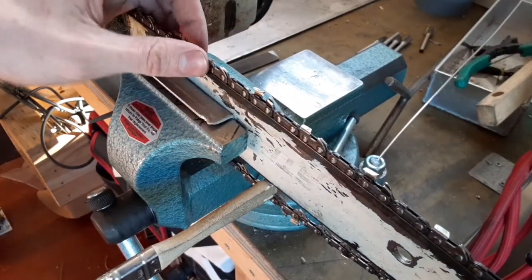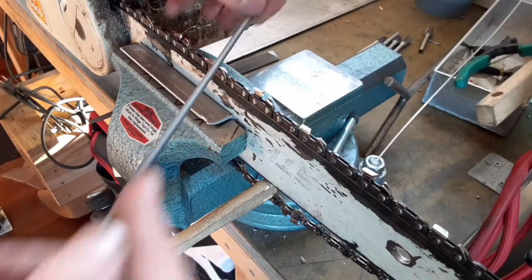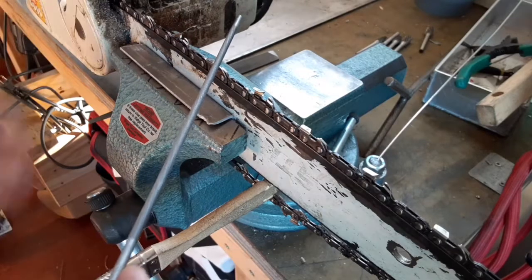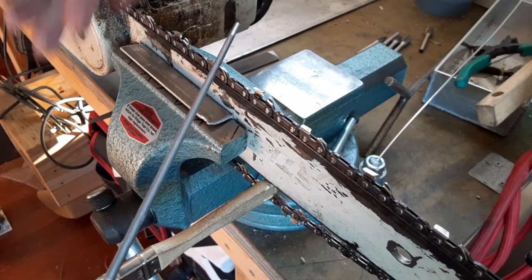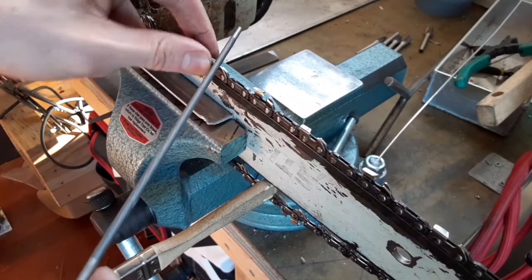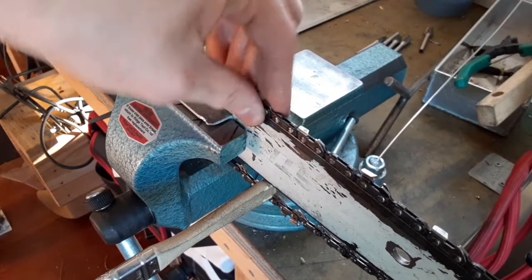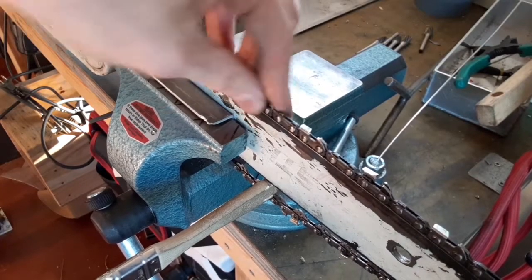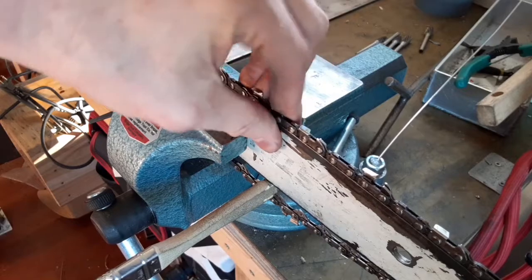So as you can see, I'm pushing on the tooth here, because if I don't, it chatters like crazy. It seems like the file is just vibrating along it and not really cutting as well as it could. And the tooth does heat up, and if you do a whole chain, your thumb's kind of numb at the end of it. This works okay though. It seems like this bar isn't brand new, but that's just reality. I think it's pretty rare that I'll be sharpening on a brand new bar, and